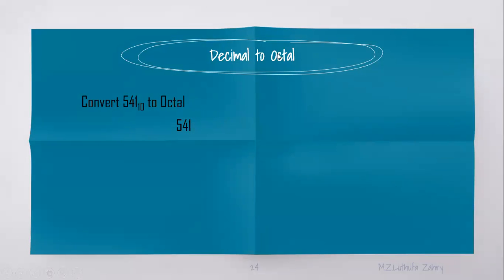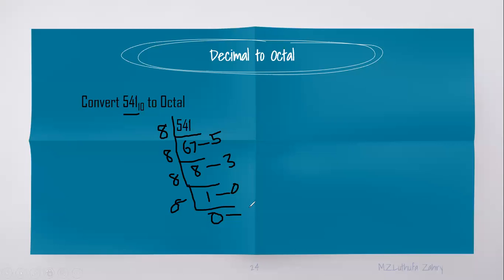Now this question is also, we'll do it together. And you can send the answers if you get the answers before me. I'll do it slowly. Now if you wanted to convert this 541 decimal to octal, what do you have to do? Divide it by 8. So what you will get here? 6 times, and then it will come 67 into 8. And then you'll get 5 remainder. And once again, divided by 8. So 8 into 8, 64. So you'll get 3 remainder. And once again, divided by 8, there you're going to get 1 and 0 remainder. And once again by 8, making your quotient 0 by giving 1.